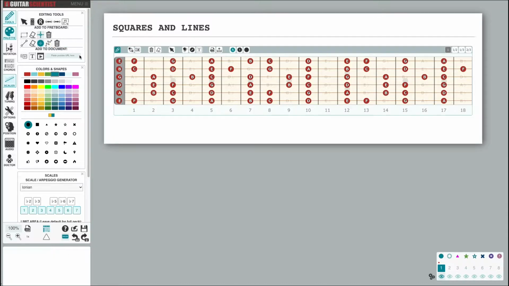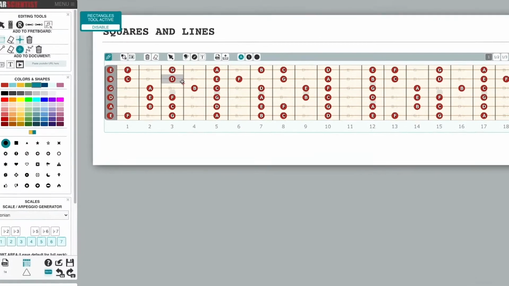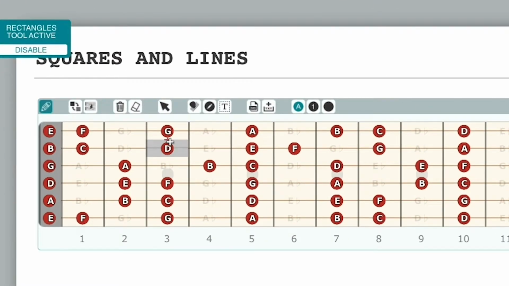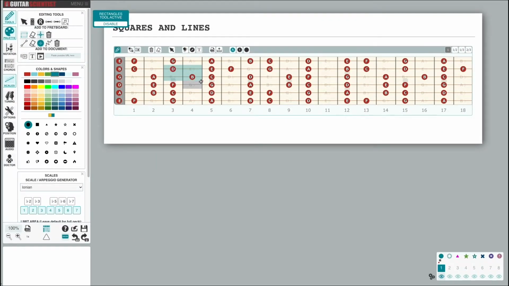To help creating neat diagrams, the rectangles have a snap function. This small red cross that appears on the fretboard when the function is active indicates where my click will actually be recorded. The snap function allows to place rectangles that align perfectly on a grid that splits every fret into 8 parts, making quick and easy to make selections like the ones I'm demonstrating here. If I ever need to, I can deactivate the snap function by clicking on this icon, so that my selections are placed exactly where I click.